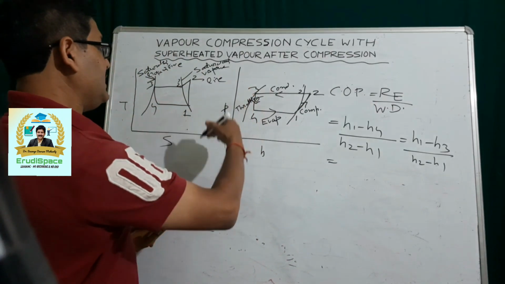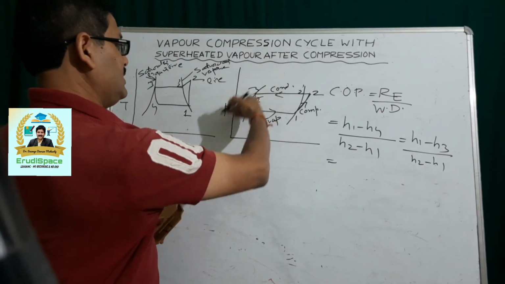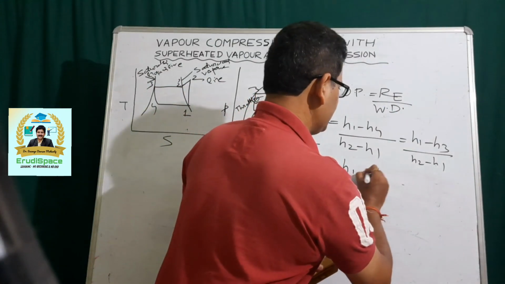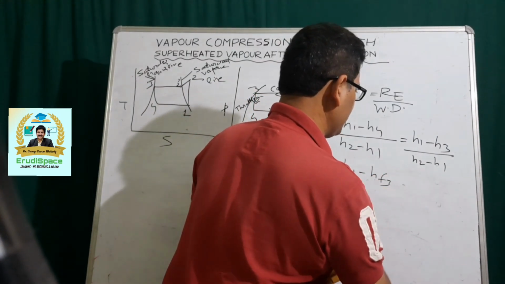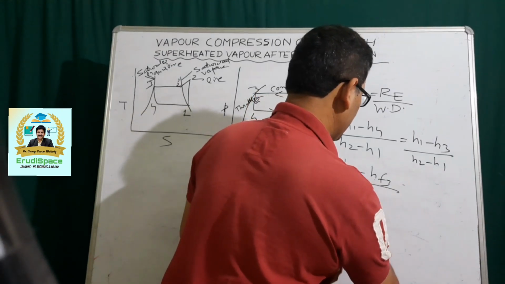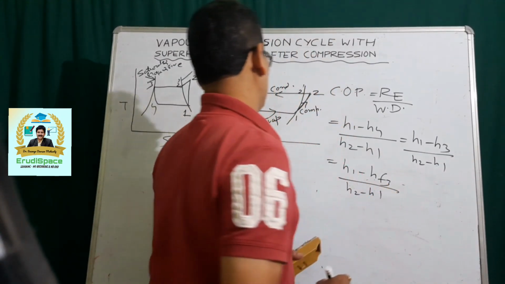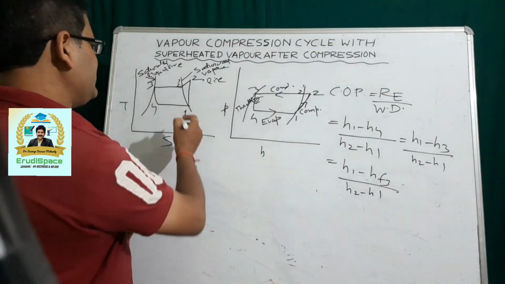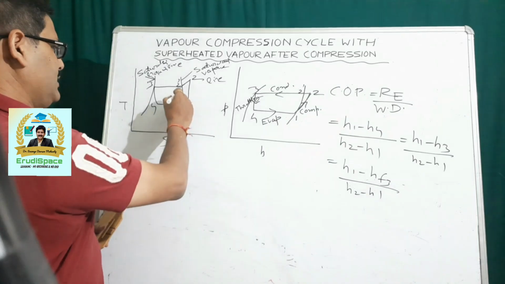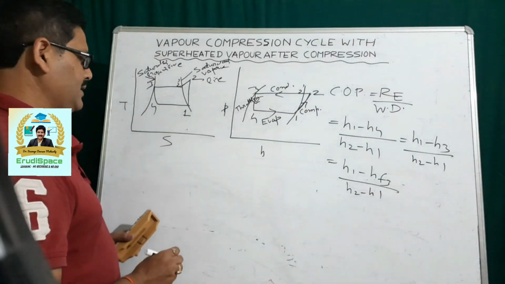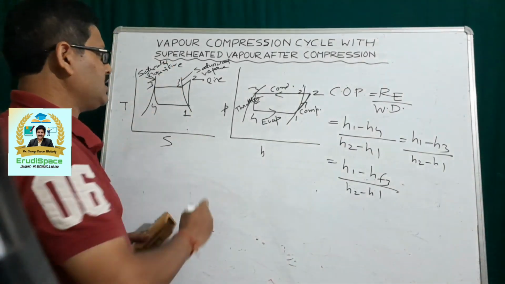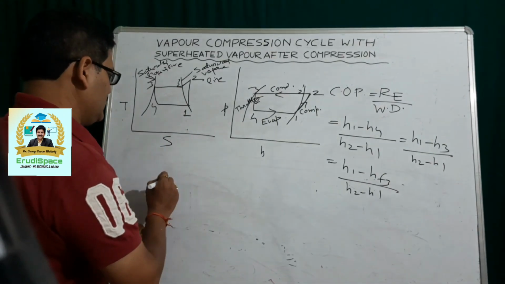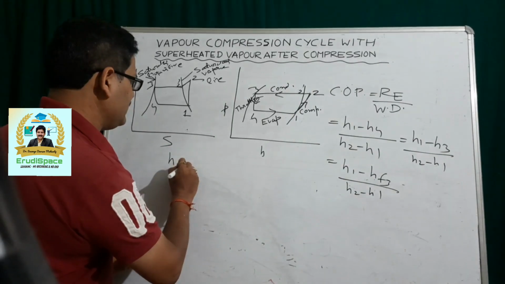Point 3 is lying on the saturated liquid line, so H3 can be substituted by Hf3, divided by H2 minus H1. Now, you can easily find out the enthalpy corresponding to point 1, because it is lying on the saturated vapor line. So H1 is nothing but